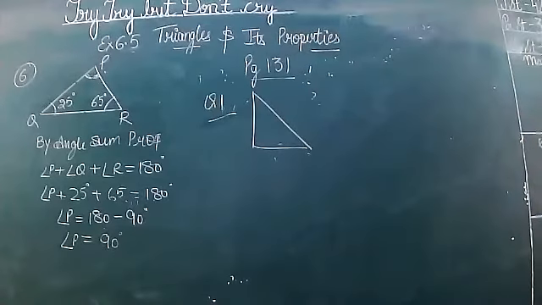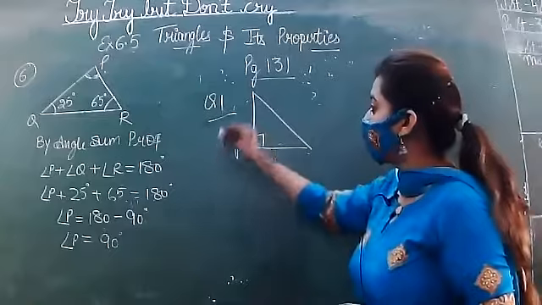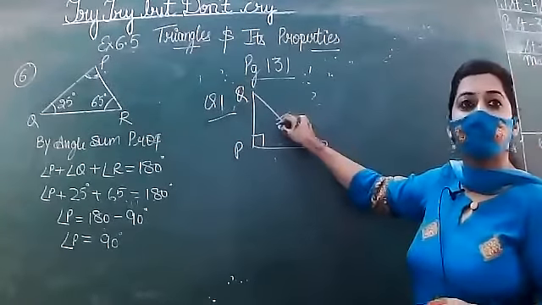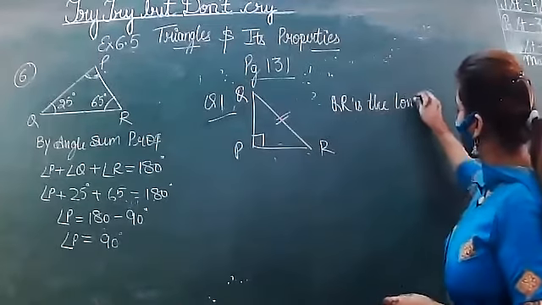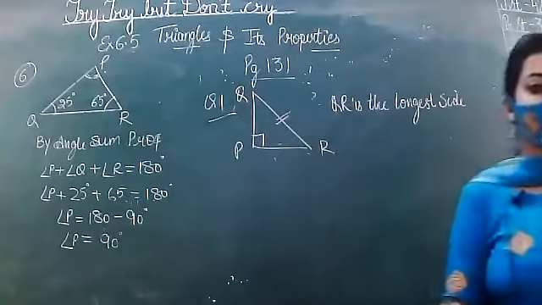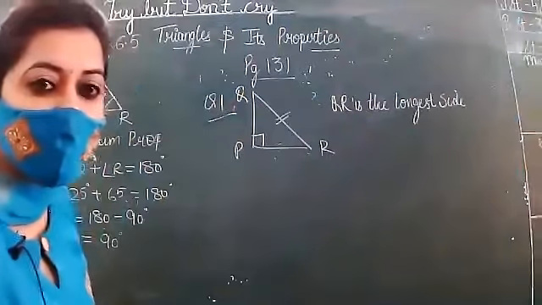No, Hardik has not read. Read it out. Find the longest side of the triangle PQR. Right angled at P. QR. The side opposite to right angle is your hypotenuse. So QR is the longest side. Clear? Do the second part. Second question. Do second question. Hurry up. That is exactly same.